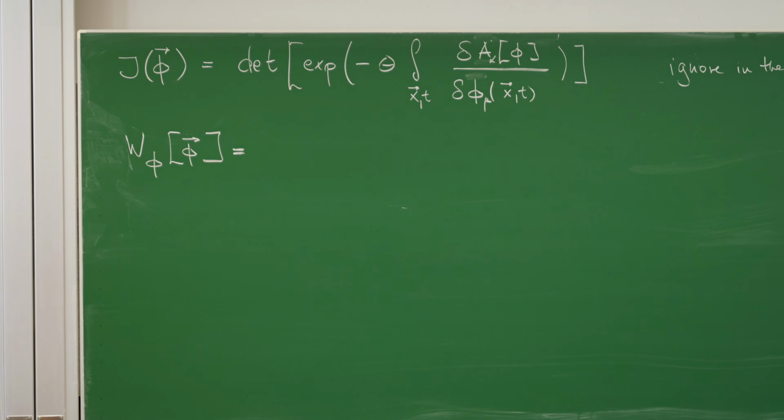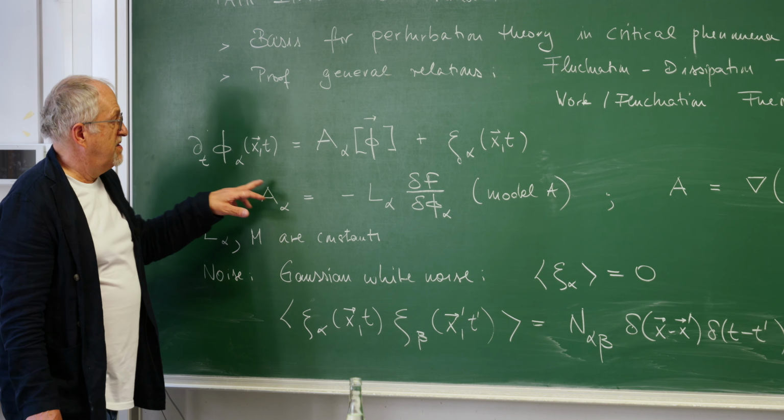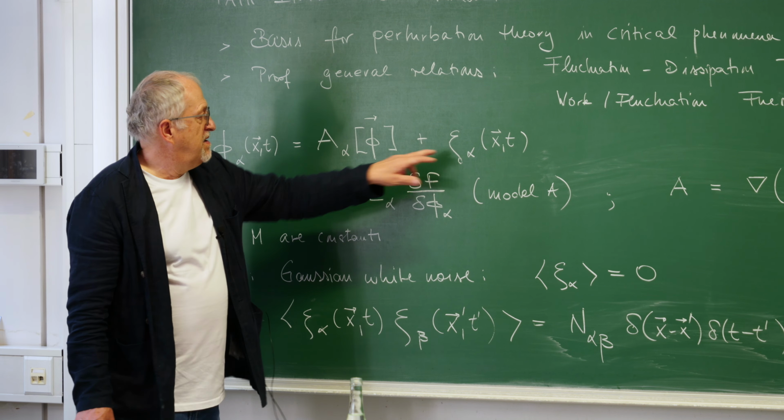So when you look at the expressions that we have on the board, then W phi is basically the same as W theta. And what you have to do here is replace in the theta the corresponding expressions from the Langevin equation. So from here, and connect it to the field. Okay? So that's what I'm doing. I'm just replacing in the noise distribution function the theta by dt phi minus the functional A that describes either model A, B, or some other model. So that then gives you